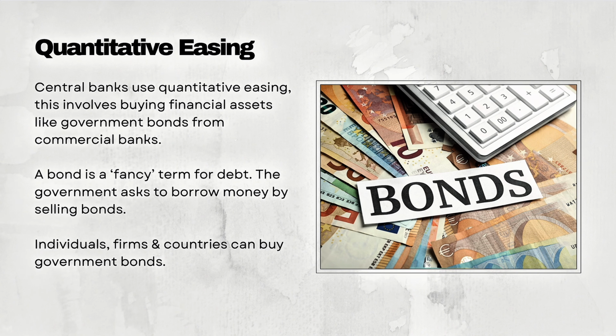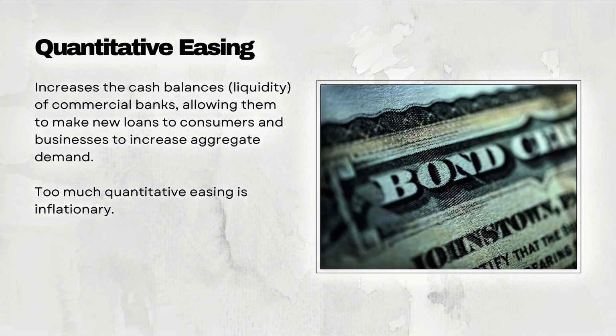So the central bank will buy as many bonds as it needs from commercial banks. This will provide ample liquidity for the economy to get it kick-started again. Quantitative easing is usually used by governments during a deep recession. And due to quantitative easing, this allows businesses and consumers to make new loans, which will increase the aggregate demand